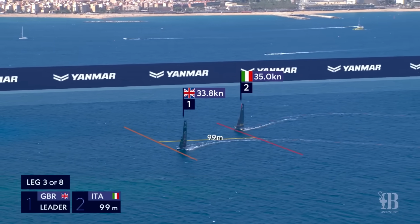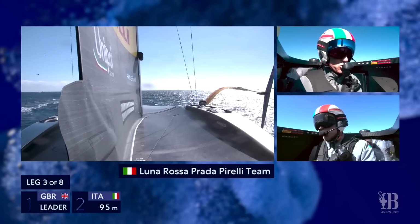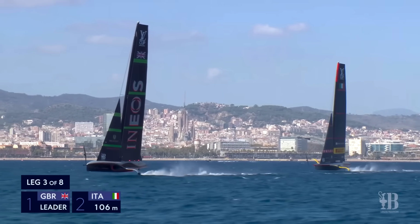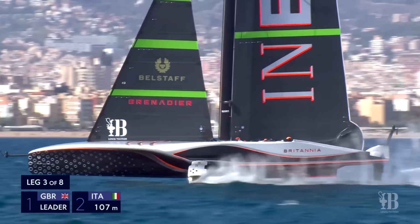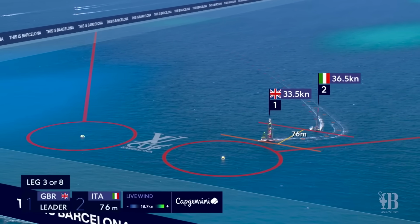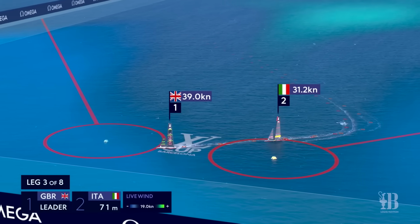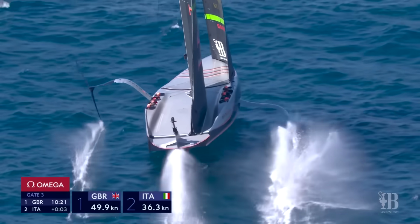So the British team just putting the Italians there right in their exhaust fumes, so that dirty air coming off on this angle. Their rig, affecting the performance now of the Italian team. The Italian team most likely will follow the right turn of Ineos Britannia. So Ineos Britannia still with that slight edge gained in the start box error by Luna Rossa Prada Pirelli, but they are holding it and look assured the way they are holding this lead as we